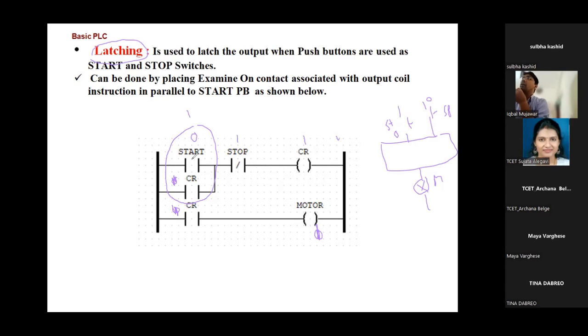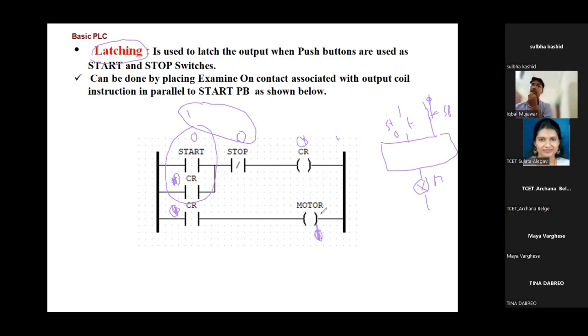Motor will remain on even though I'm releasing the start button. If I want to stop it, I need to press the stop button. When I press the stop button, it becomes 1. ये 1 होगा तो ये पास 0 करेगा. Okay, no doubt इसका resultant 1 है, but 1 0 ये AND operation. अब ये resultant क्या है? ये series में. This will be the AND operation. This is OR. This is AND. The resultant of OR is 1, and the resultant of OR and this stop button is AND, 1 and 0, तो ये 0 हो जाएगा. ये 0 होगा तो ये दोनों 0 हो जाएंगे. अब 0 0 और motor off हो जाएगा.